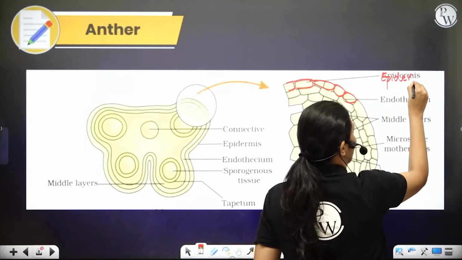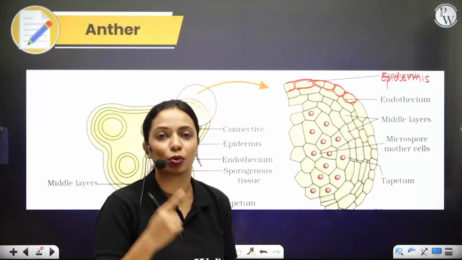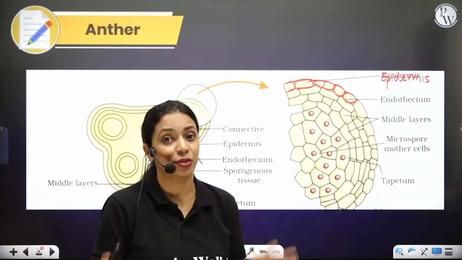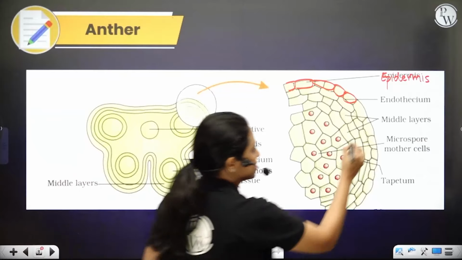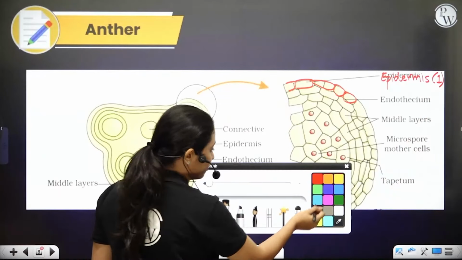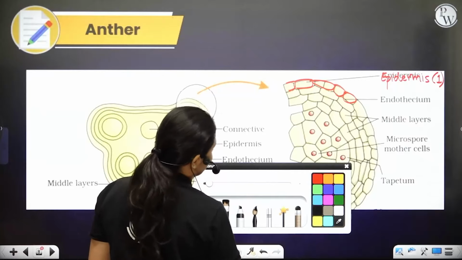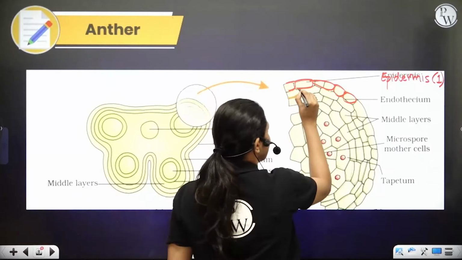Remember, you've learnt about epidermis in anatomy of flowering plants in 11th grade. Any part of the plant, root, stem, leaves, the outermost layer is always going to be epidermis, and it is protective in function. So here you can see a single layered epidermis. Inside the epidermis, you can find another layer of cells, which I'm going to highlight or outline in orange color right now. That is called